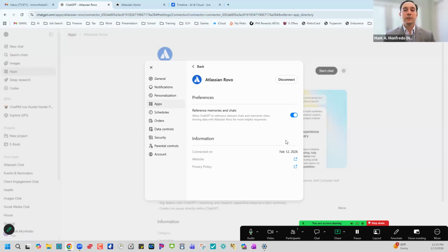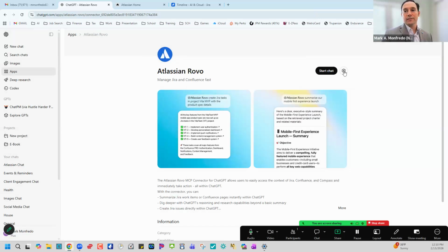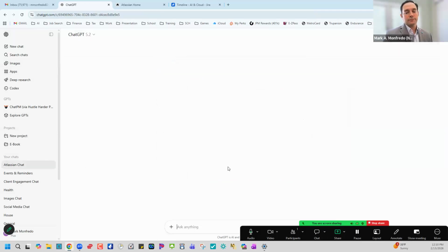So that's the first step. You want to make sure that you connect Jira's Atlassian Rovo, their AI tool, to your ChatGPT. And once again, you just do that in the settings right here. And once it's connected, you can interact with it. All right. So we'll just load that window again. And once it loads,